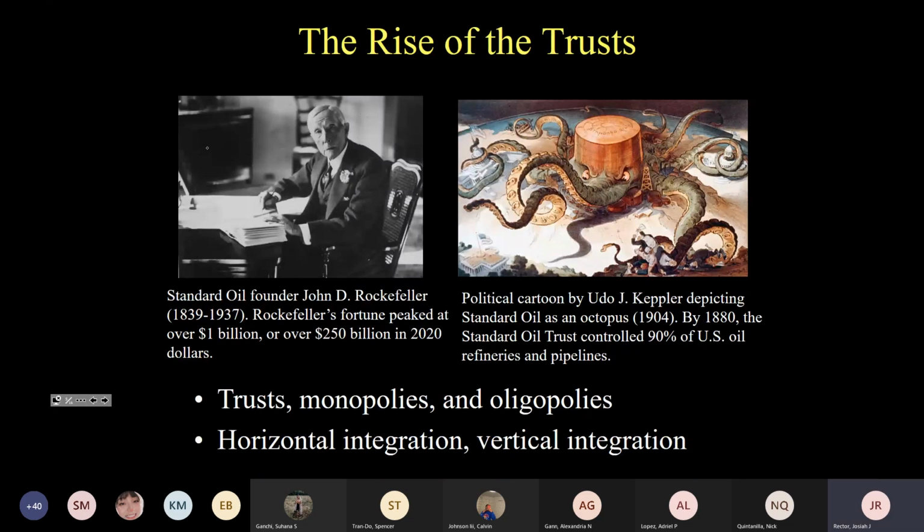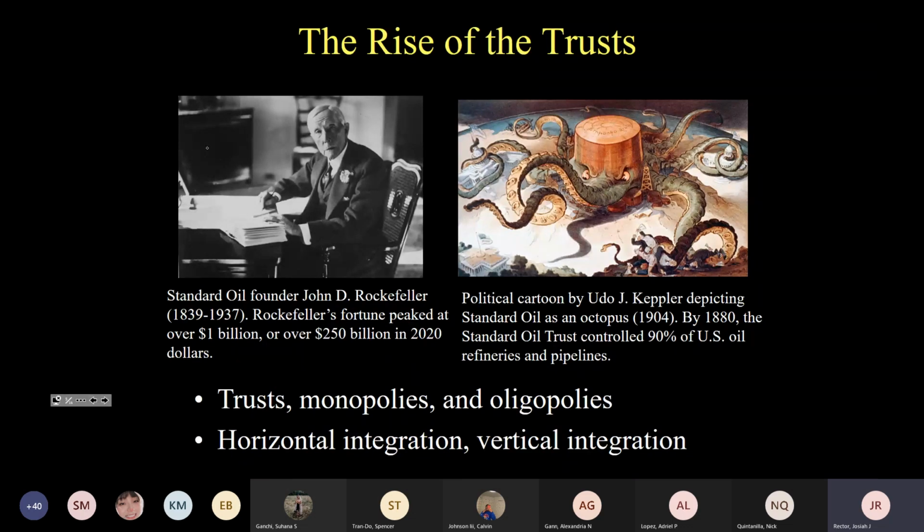And in the situation of oligopoly or monopoly, often firms took the form of trusts in the late 19th century. A trust essentially is a legal arrangement whereby a parent company owns subsidiary companies. And the most famous of these was the Standard Oil Trust, launched by John D. Rockefeller beginning in the 1870s. So the Standard Oil Trust is a classic example of a monopoly. By 1880, the Standard Oil Trust controlled about 90% of all the oil refining in the United States. Rockefeller essentially controlled America's oil supply.